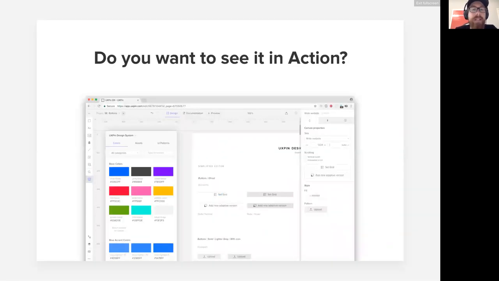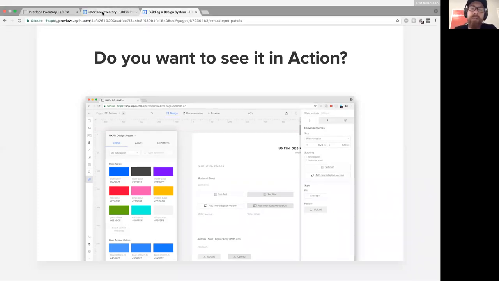All right, we are getting towards the end. But here's another question that I'm not going to hear the answer to, but do you want to see what we have in terms of functionality in action? I would assume that you do want to see that, just for the sake of the rest of the presentation. So,